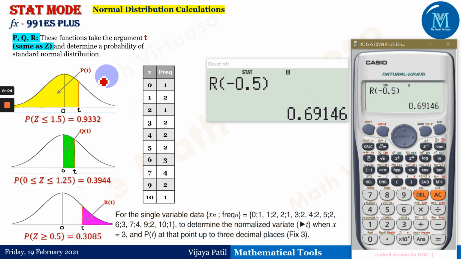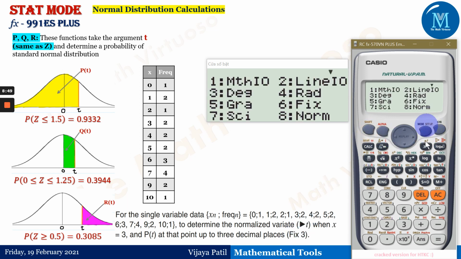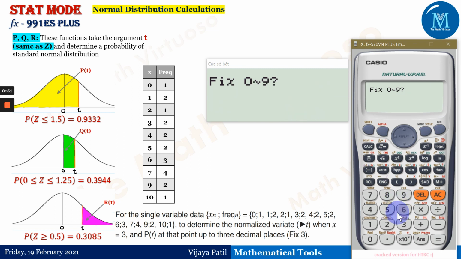Now there is another very important thing. If I have the values of this particular x with frequencies, like the x values and the frequencies have been given, we can calculate the value of t as well. Now here in this particular example, I have taken one more thing which I wanted to show you all, that is fix 3. I have to fix the calculator up to what digits I want the answer, so no need to do the round off thing, right?